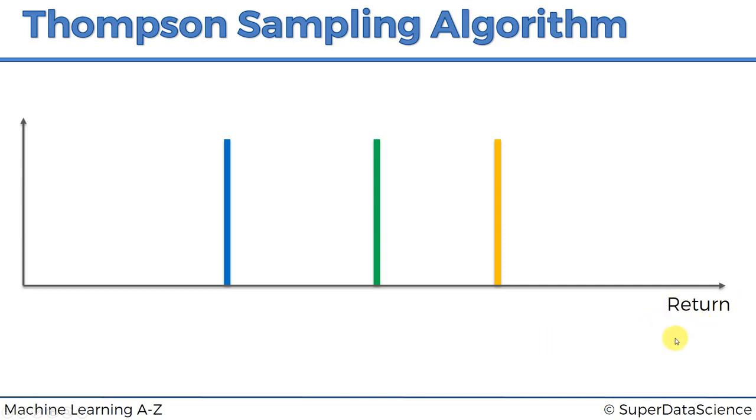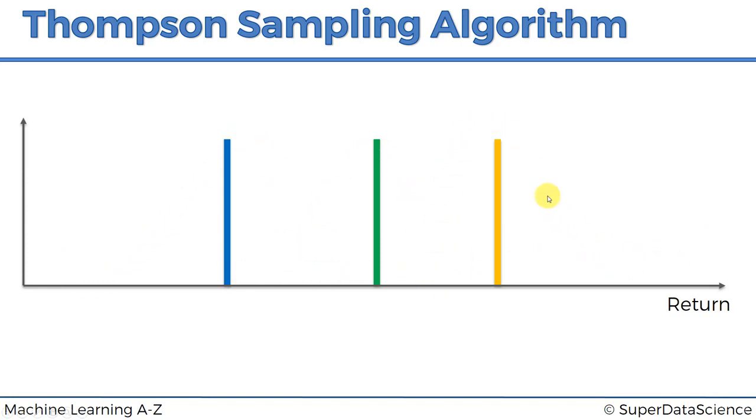So here we've got the return, and these vertical lines, just like in the case of the upper confidence bound, where we had the horizontal lines. These vertical lines represent the expected return for each of the machines. Each of the 3 machines has a distribution behind it, so that the amount of money that you win per game is picked as a random value from that distribution. We're not going to draw the distributions, but basically just imagine a distribution behind each